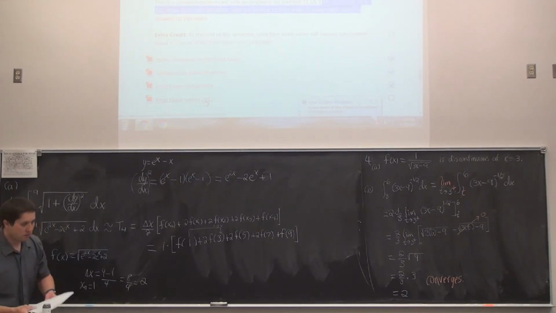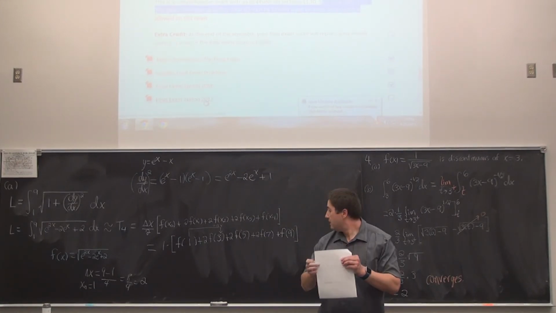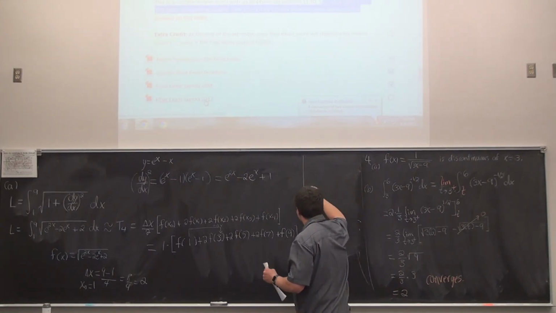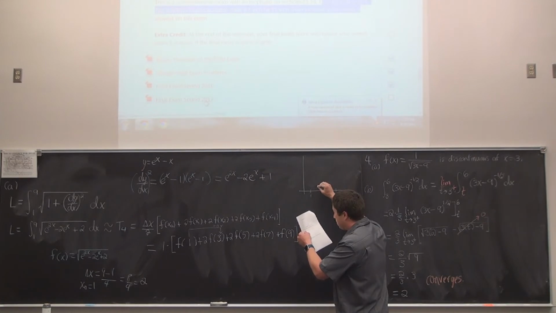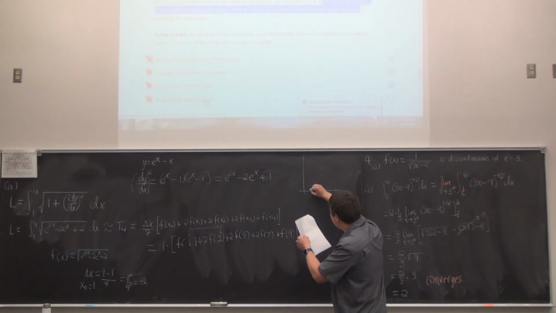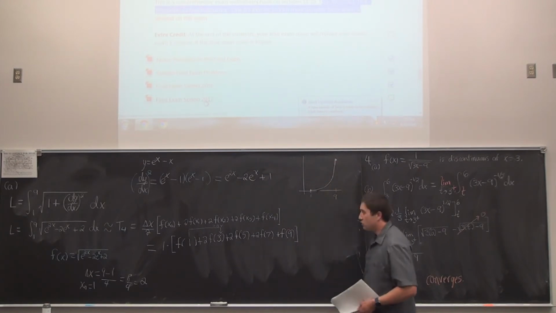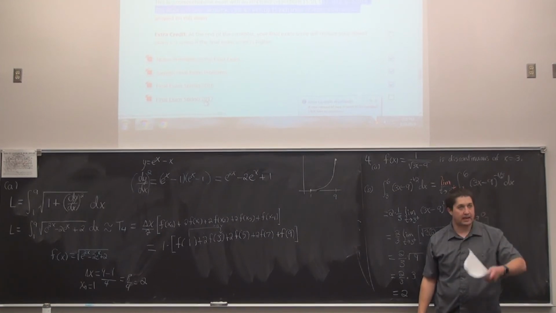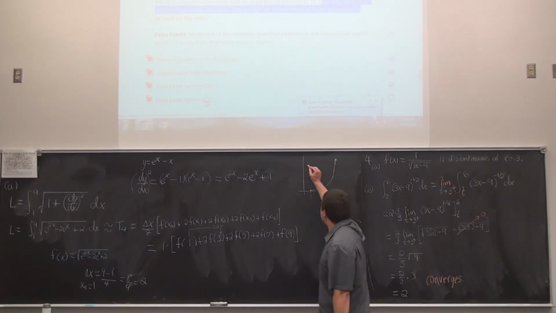In part B, we're now doing a rotation of this curve about the y-axis. So this is probably what I would draw on this actual exam. The sketch starts at 1, it ends at 9, and it's meant to start at 1. It's very low, and then it grows extremely rapidly, about like this. We're taking this entire curve and rotating it about the y-axis. So the rotation is going this way.